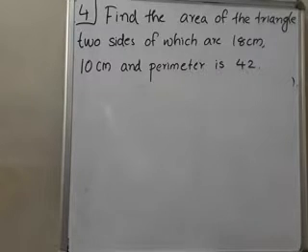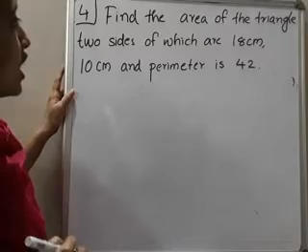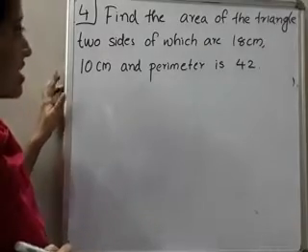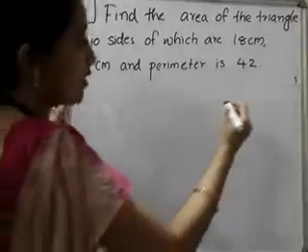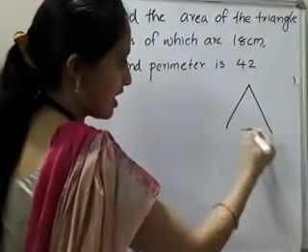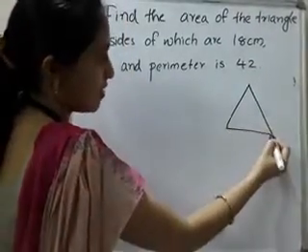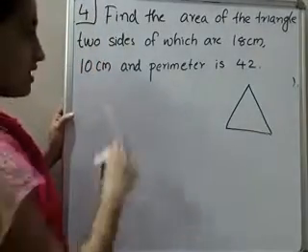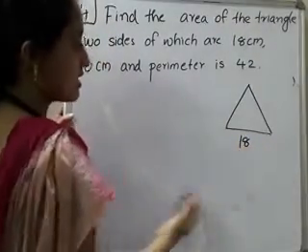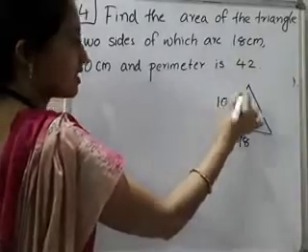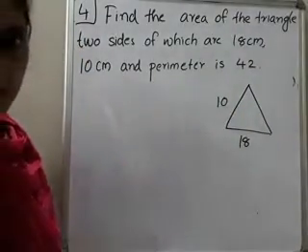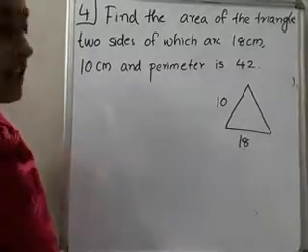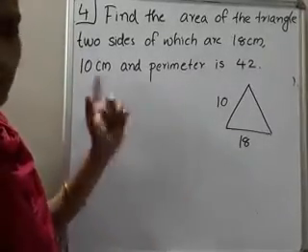Yes, next question: find the area of the triangle, two sides of which are 18 centimeter and 10 centimeter, and the perimeter is 42. So what do you have to draw? You have to draw a triangle first. Write down the measurements on it. Then one side is 18 centimeter, another is 10 centimeter. So you have to find the third side. So what is given? Perimeter. Perimeter is what? 42. So add the two sides and subtract